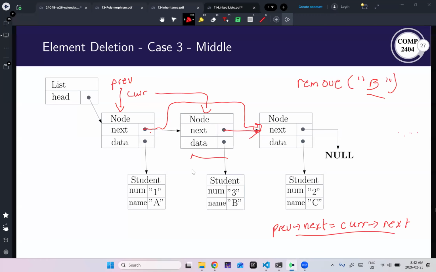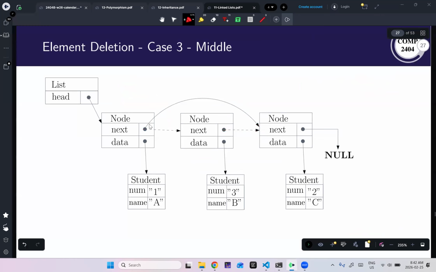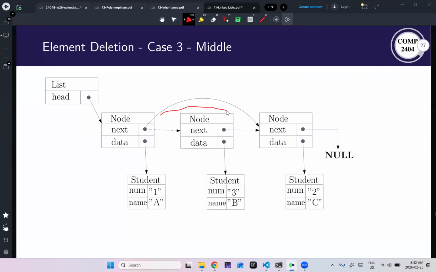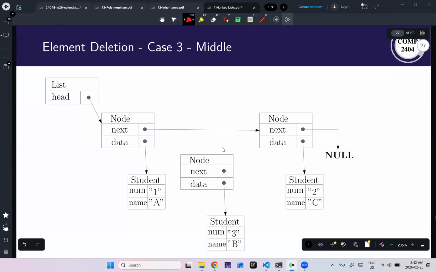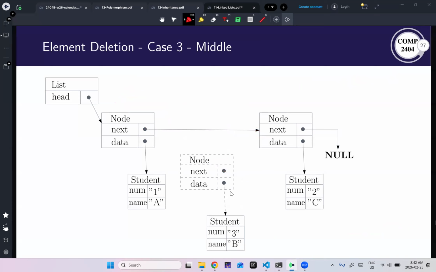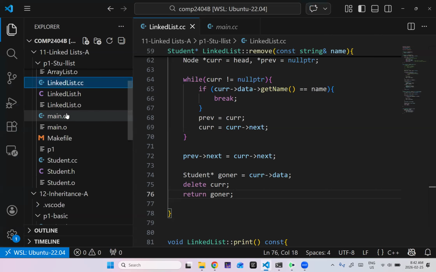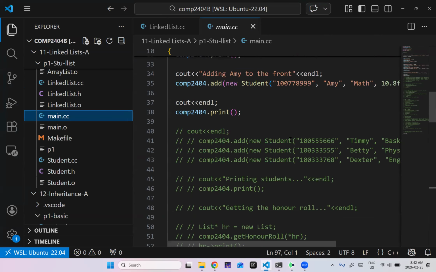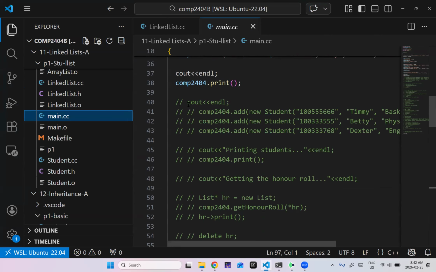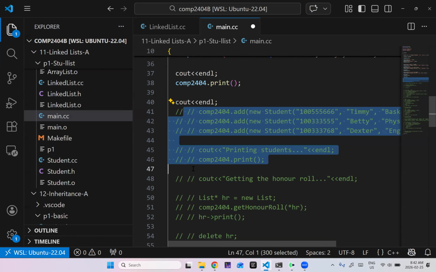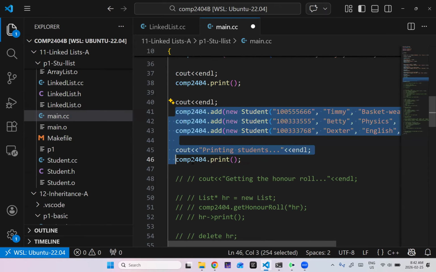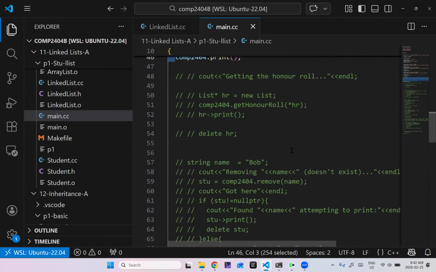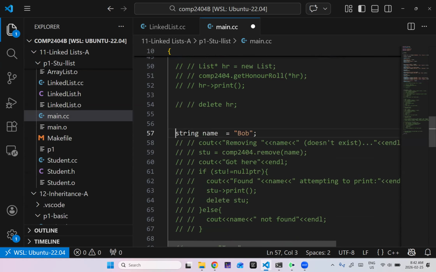Okay, so if we look at the diagram, previous next equals current next is this arrow here. Then I can delete this node, and this student, I've stored it, so I can return it. All right, so let's see if that works. Up to here, we've added students. I guess we're going to add a few more students just for fun. All right, print them out, and then down here we'll start removing them,